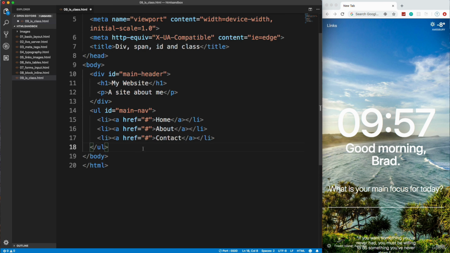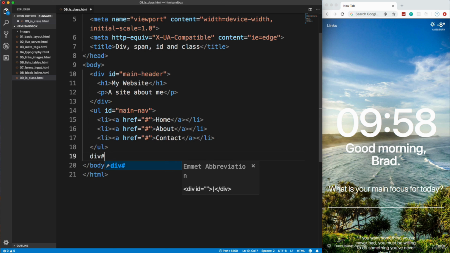Now let's say underneath the navigation we have an area that has some information about us or about our page or whatever it may be. So we'll have a div, and let's give it an ID of about. Now here I'm going to show you a very, very helpful Emmet trick. Again, Emmet is installed with VS Code, and it allows us to do things faster. So instead of typing out ID equals, what we can do is we can say div, and we can put just a number sign which represents an ID, the word about, and then tab or enter, and it puts it